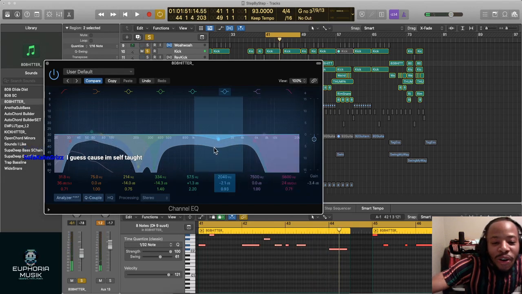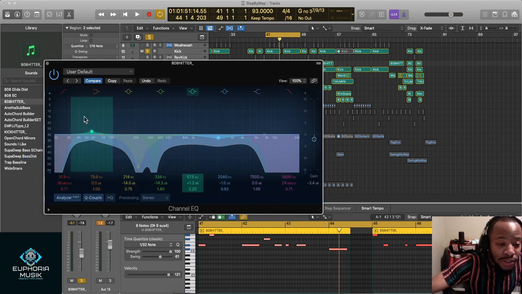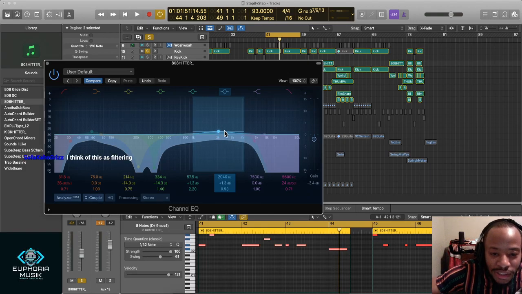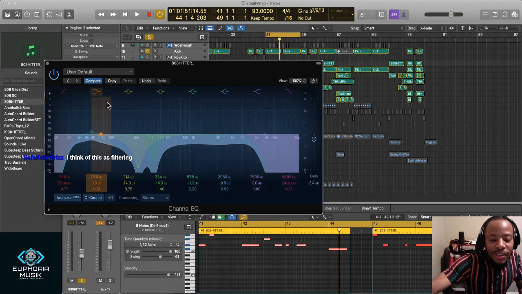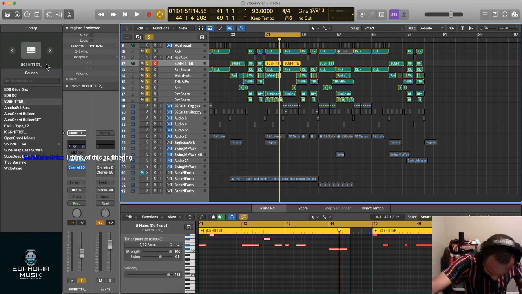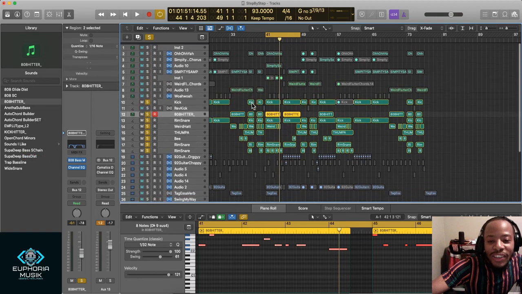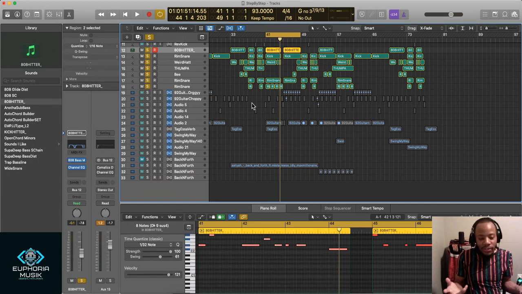So what would you call it then? Maybe that's where some people are getting confused. This is EQing. Some people think, oh no, I just need to boost just a little bit, or cut just a little bit. And yeah, you could do that too. But if you're going to get surgical with this stuff, is that filtering? Well, when you do high pass and low pass, that's just filtering.